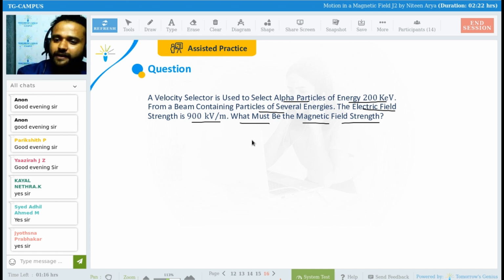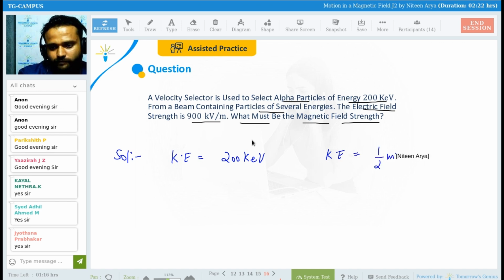Okay. So one hint I'm going to give you guys here is the kinetic energy, because you know this. Solution. Kinetic energy given, okay, 200 keV. And kinetic energy is also, we know this, half mv square. But it is going to be used in joule, so you need to convert this into joule first. And how to convert 1 eV into joule? I think you know that. If you don't, 1.6 into 10 to the power